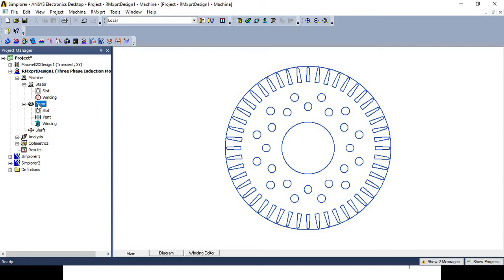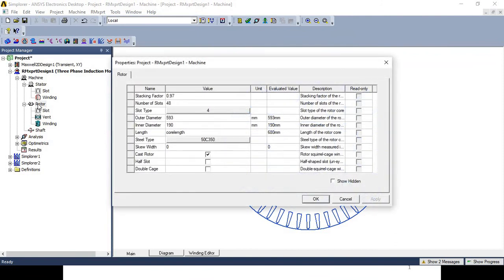So I will double click on the rotor, then it will show the different options like a table for name, value, unit, estimated value, description. If you give the input magnitude of the parameter in the value column and select the unit, according to that the estimated value will be shown in the fourth column. And if you do not have an idea about any parameter, you can go through the description of that parameter.